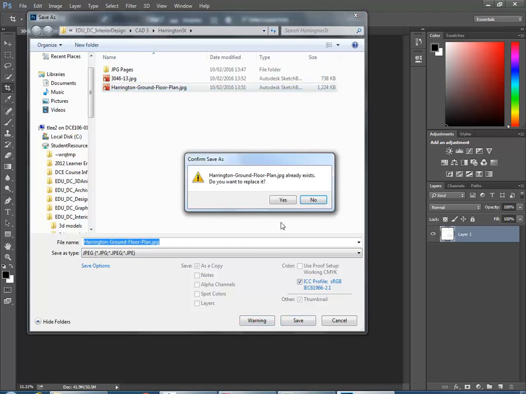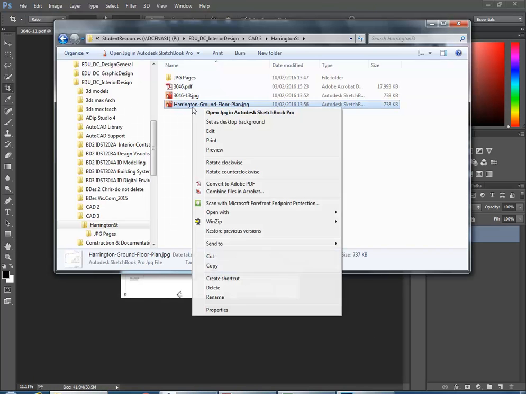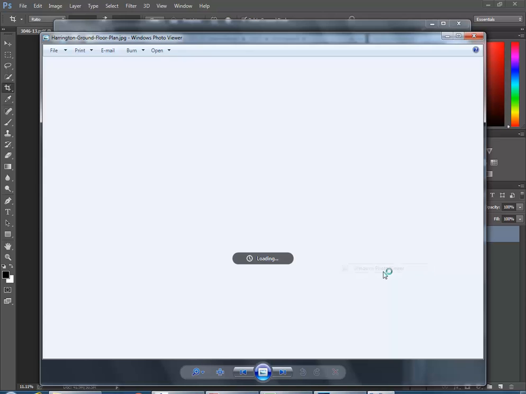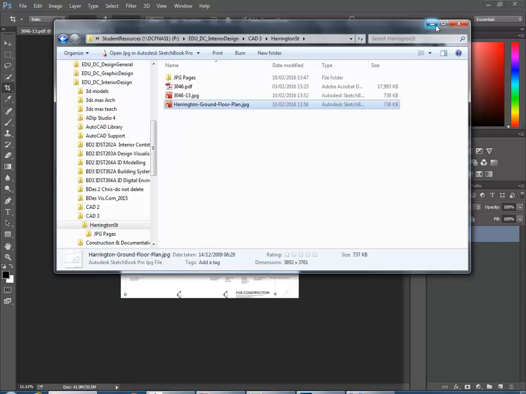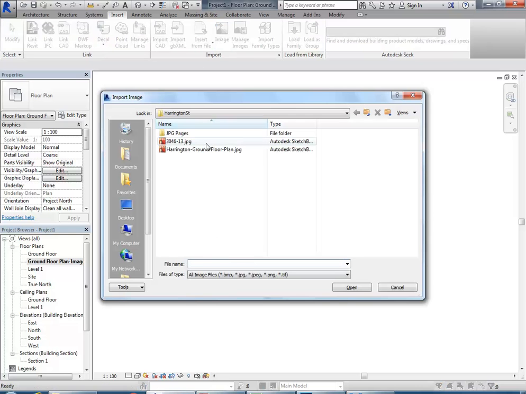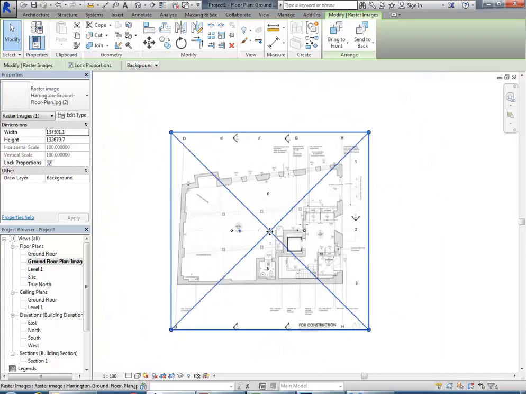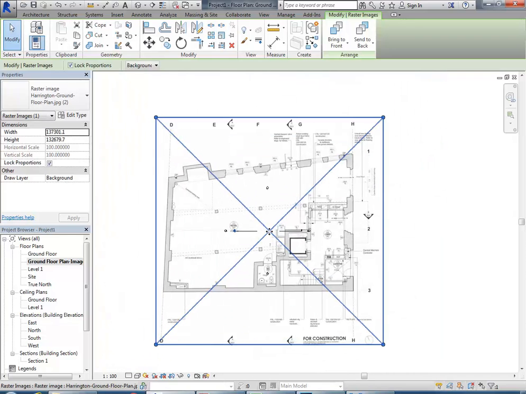Save. Yes. Let's just make sure that's getting saved. There we go. Okay, so let's just do that one more time. There's no point having things we don't need. There we go. Okay, I must not have saved it. Okay, so